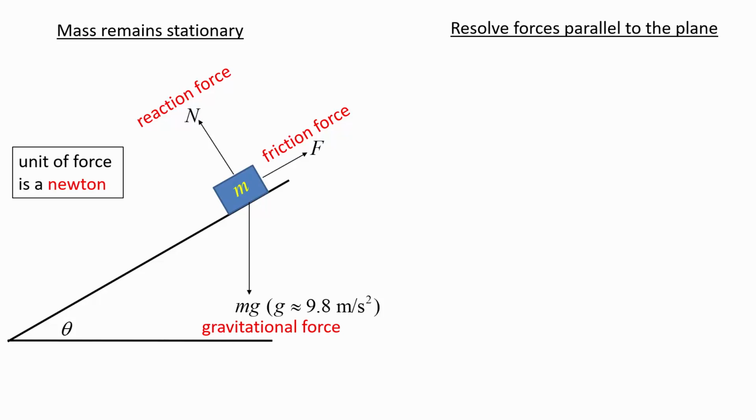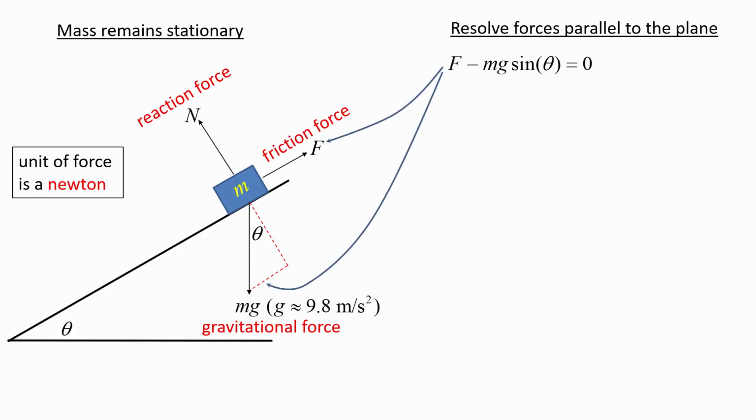To find out the other forces, we will resolve the forces parallel to the plane. That means in the same direction. And to do that, if you look at the diagram, I've created a right angle triangle in those dotted red lines. Angle theta, same as the angle of the inclination of the plane to the horizontal. The parallel to the plane force is that one. There's F, our frictional force, acting upwards, and the other component parallel to the plane is the one that is